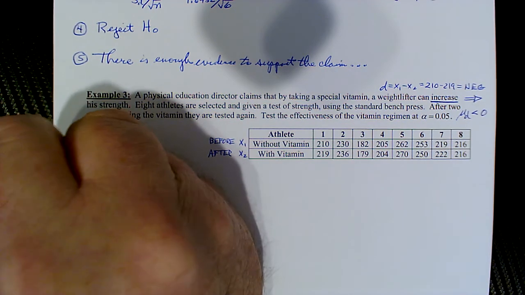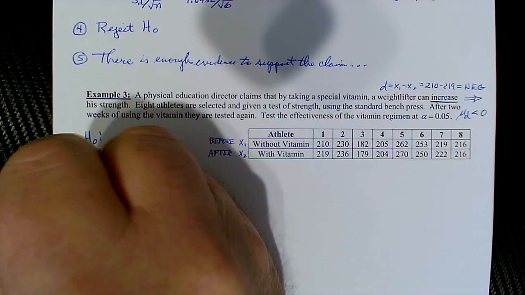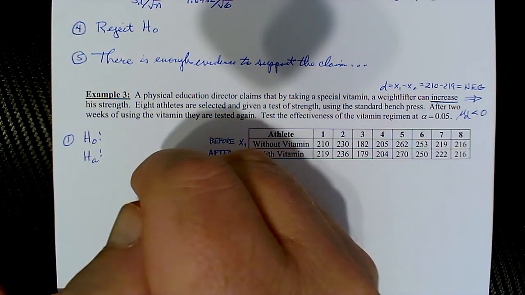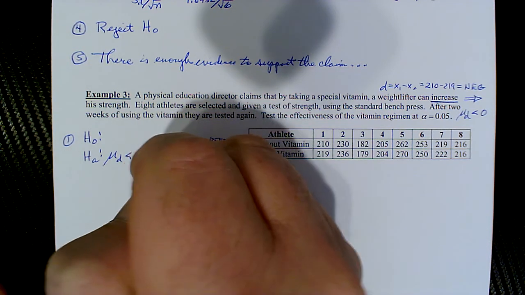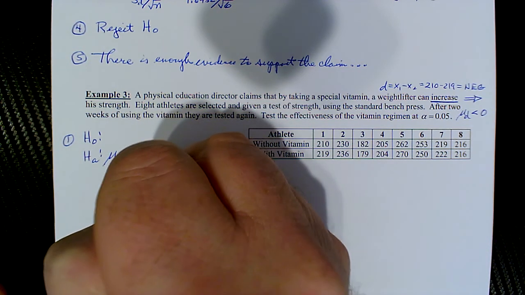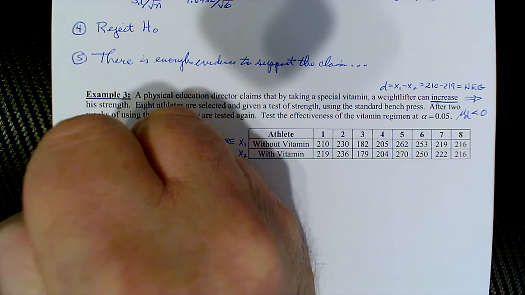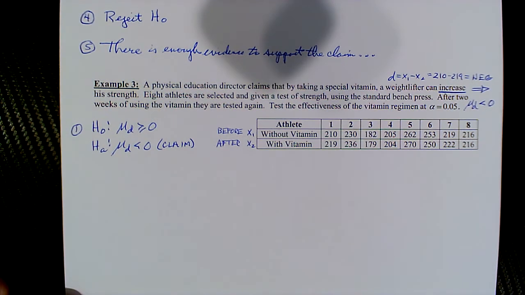So in our hypotheses, H0 and HA, less than 0 goes with the alternative. So mu sub d is less than 0 is the claim. And mu sub d is greater than or equal to 0 would be the null then. Alright, second step,